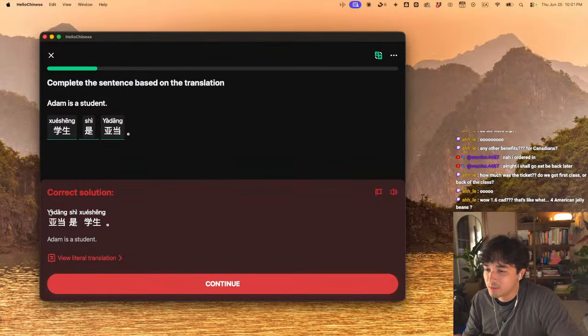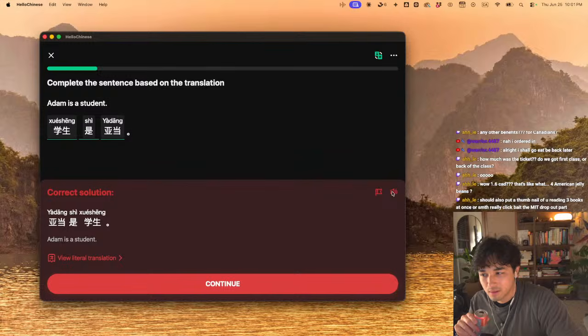I'm just gonna learn the Anglicized, romanized version. How do you call this? Like romaji. Instead of learning the characters, because there's no way I can read this, bro. In 4 months, I can't memorize these. But I should probably learn some of them. But we'll focus on the pronunciation. 亚当是学生。